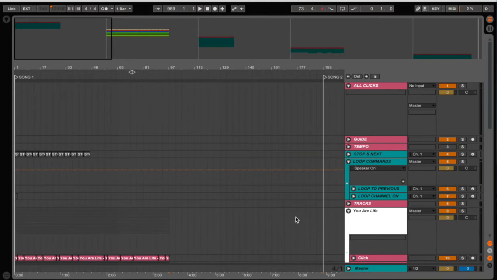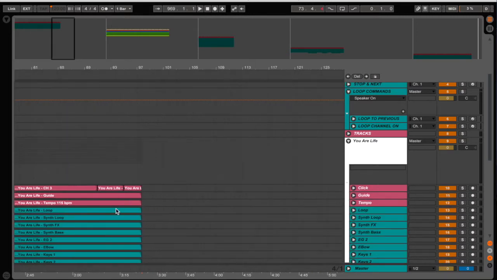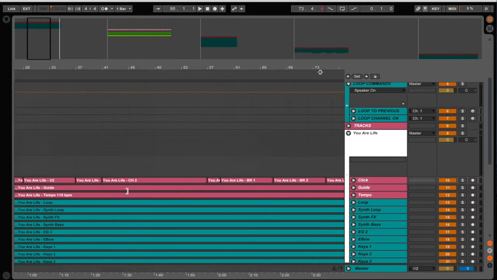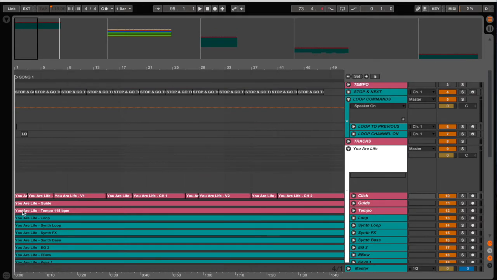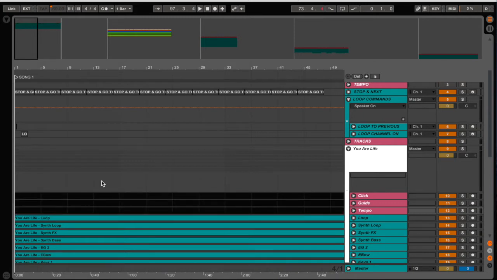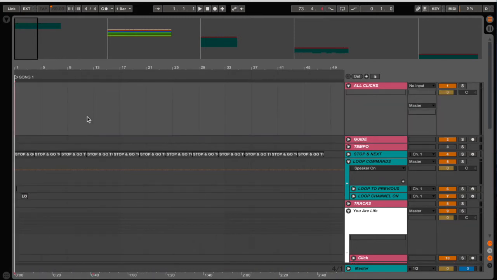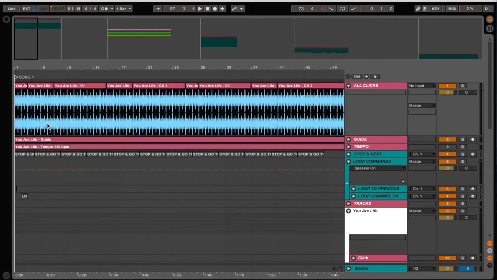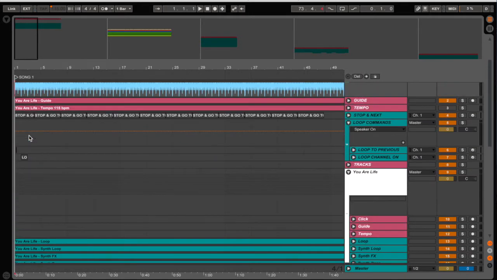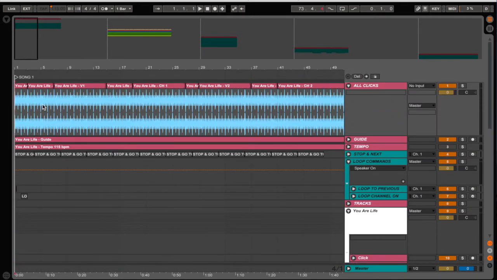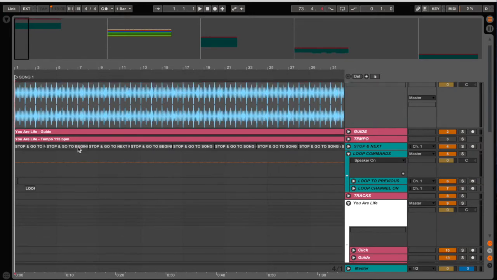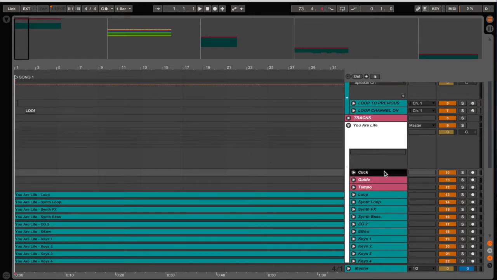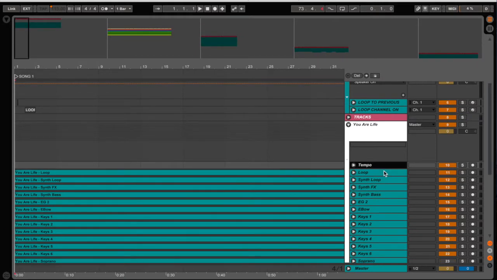The first thing I'm going to do is I'm going to move all of my click, guide, and tempo files. So I'm going to select all of that, hit Command X, and I'm going to paste it at the top where it says all clicks, guide, tempo. So these are the tracks I'm going to paste it on. And ultimately, this is just so that you can always see where you are in the song. And I'll explain that a little later, but I'm going to first delete these 3 tracks